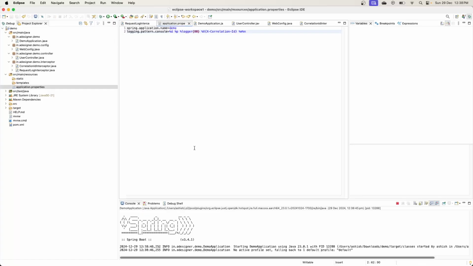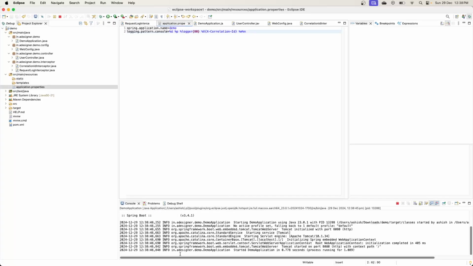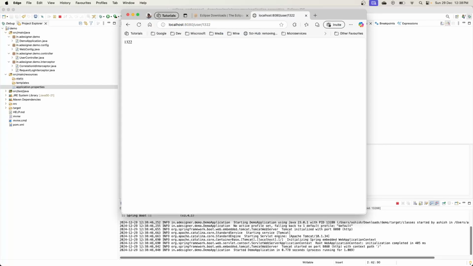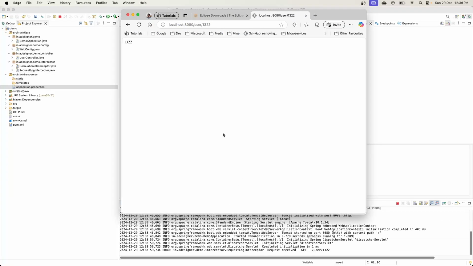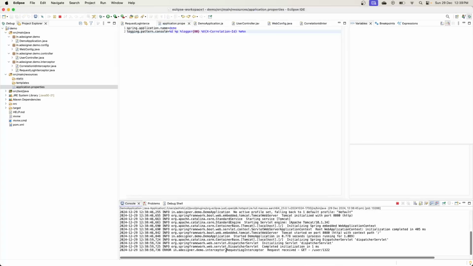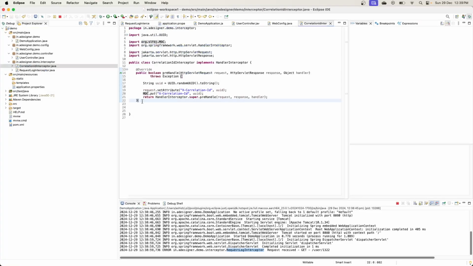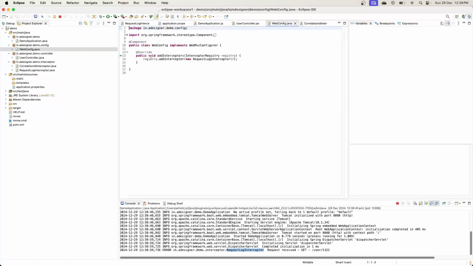Now let's run again, and let me open the web page. We are still not getting this correlation ID. That is because we have just created this interceptor, but we have not added it in the Spring Boot lifecycle. So to do that, we have to just go here